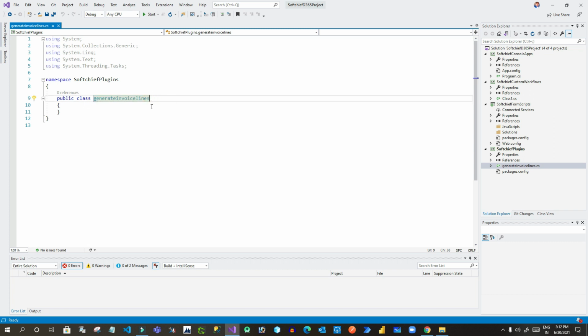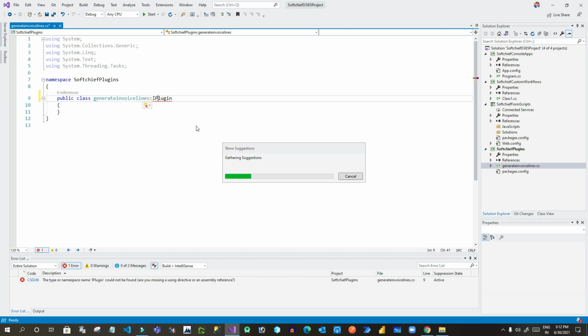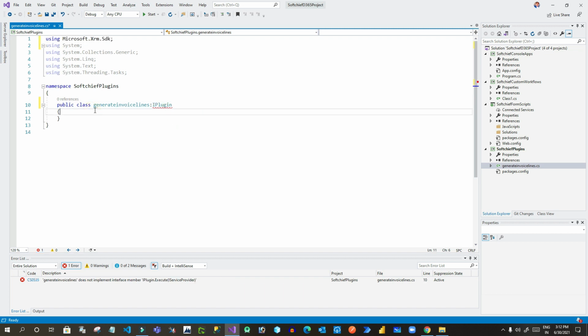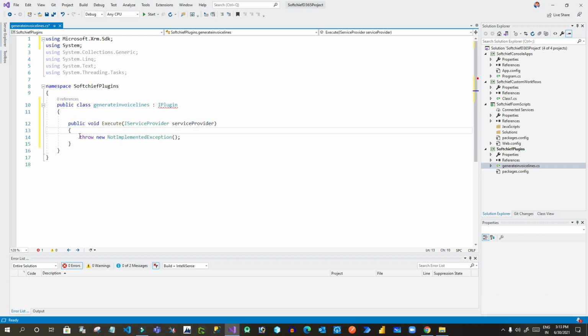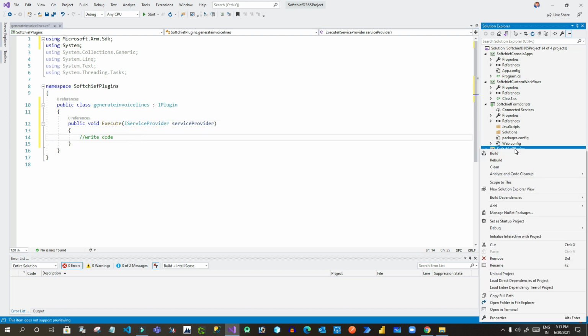So now I can configure my plugins as per the plugin construction, right? Like the plugin interface will be used. Here you have to use the namespace. If you have not seen my plugin video, you can check out my plugin video so that you can identify. Here also you have to define the interface, and here you have to write down your code, right?